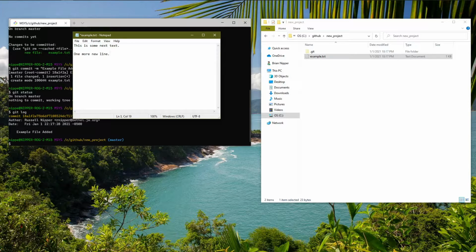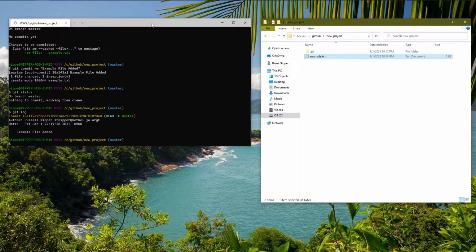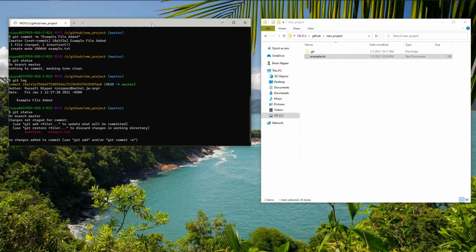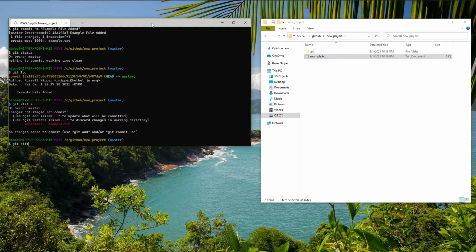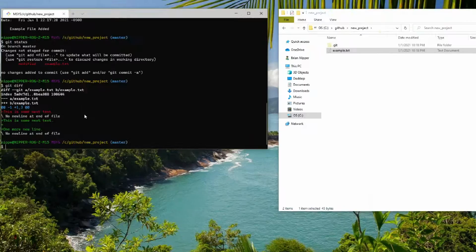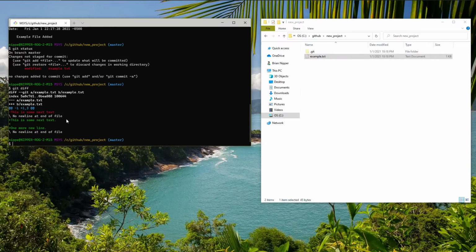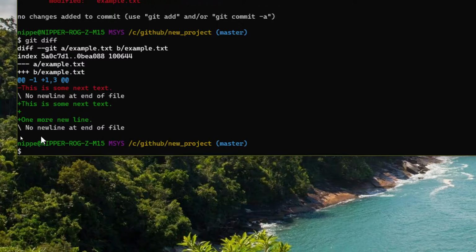Now we'll go ahead and update the file with some revisions. We'll save that to disk. And you'll see that we have one file with some revisions. We can actually do a differential using git diff. And as you'll see here, when we actually look at the specifics of the differential, we have what appears to